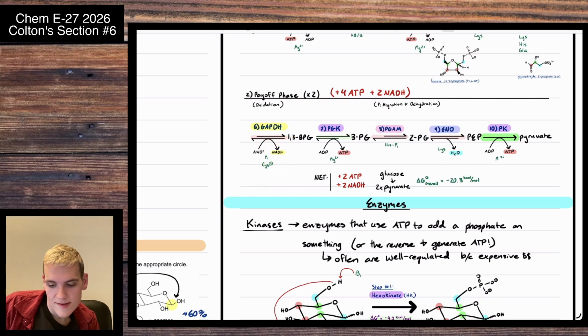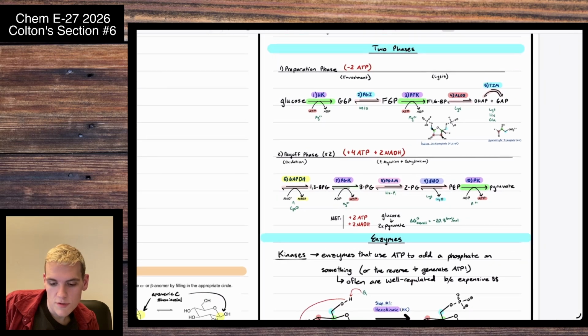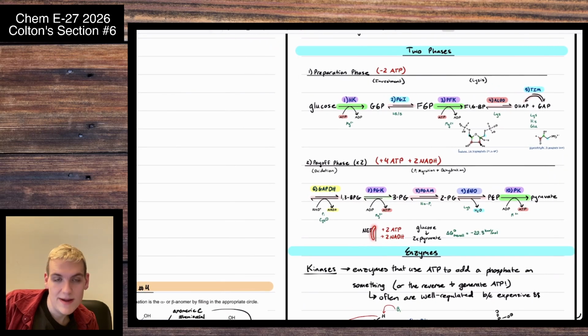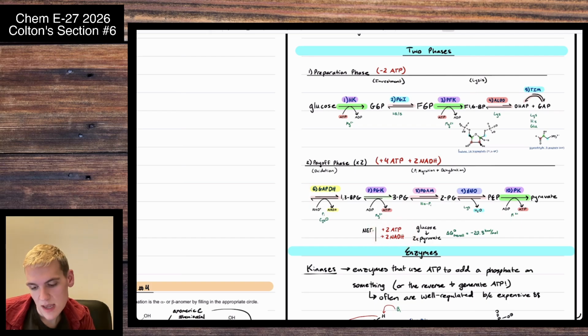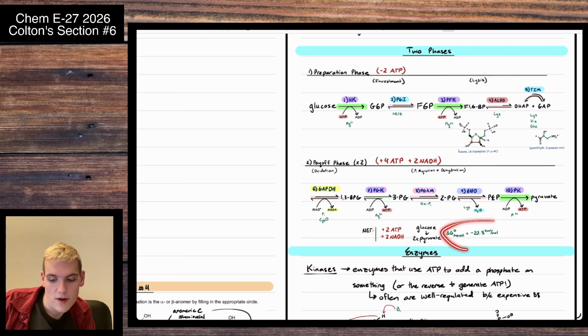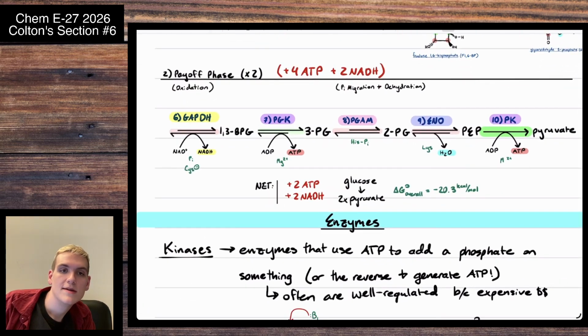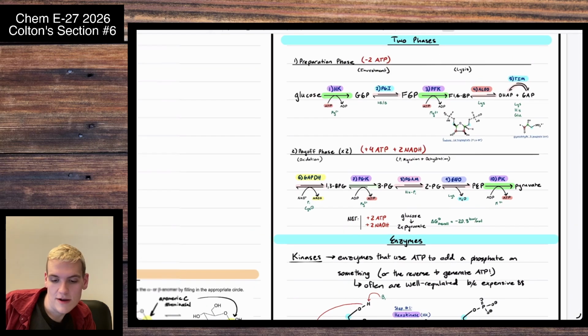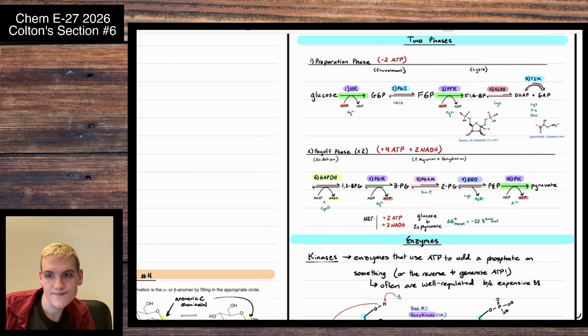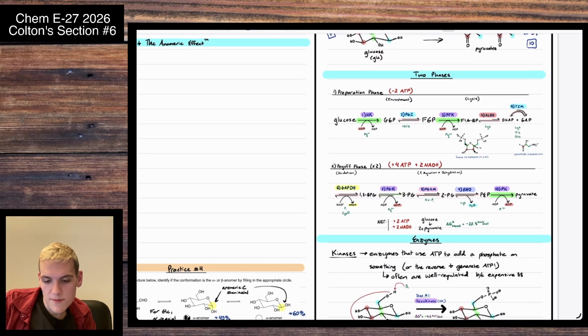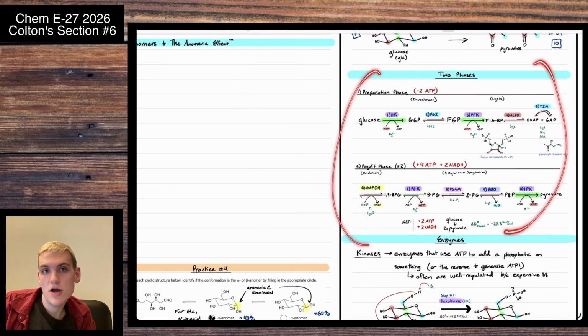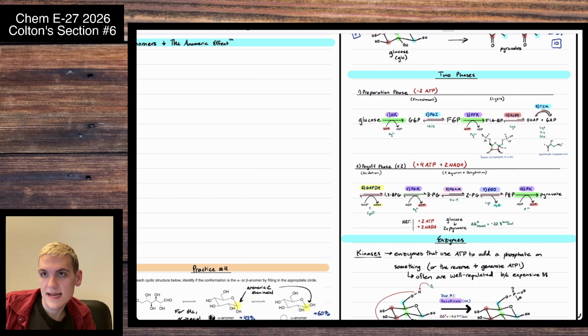So with this, overall, you are getting a net 2 ATP and a net 2 NADH that are generated from glycolysis here. The delta G overall for this process is like -20, so it's like multiple ATPs worth. And so it's very thermodynamically favorable. And at this point, we're not going to go into any more detail. We're going to talk a lot more about glucose on Thursday in lecture 7, which is not test 2 content